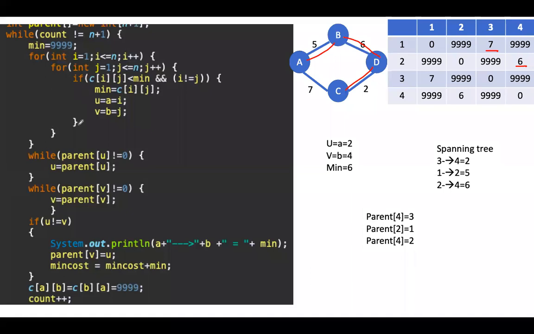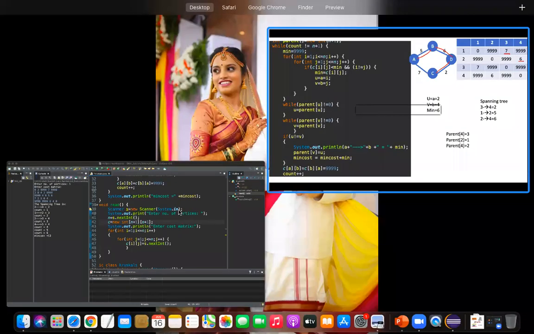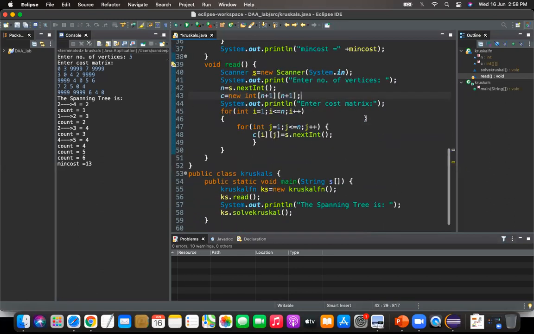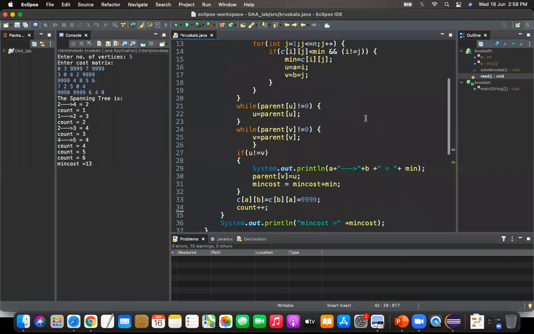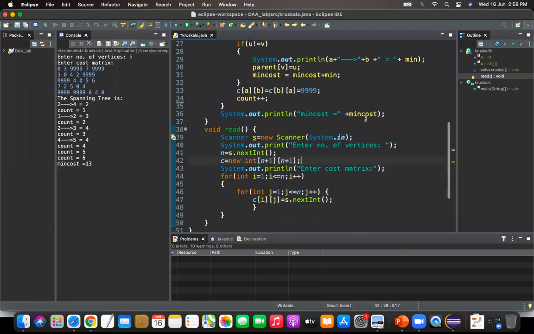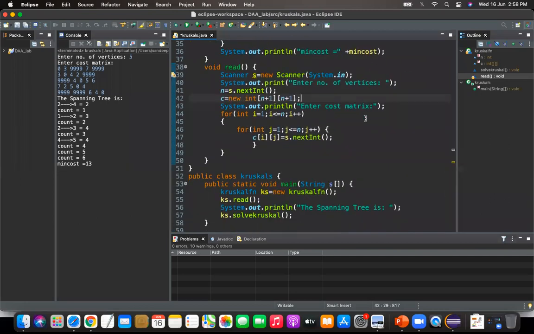So is there any mistake in the program, or is the program correct? Either the program should be wrong, or somewhere we have missed something. What is that? Okay, let's check. Already I have typed the program here. The program is present here. Let's execute the program. I have not made any changes here. Same program is present here, same set of code. Everything is same. I will execute the same program for that matrix.